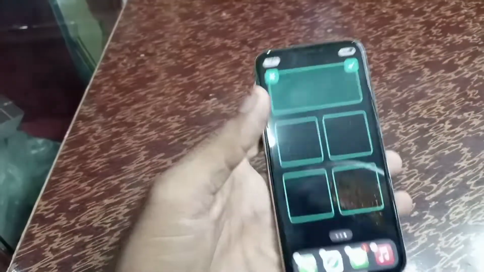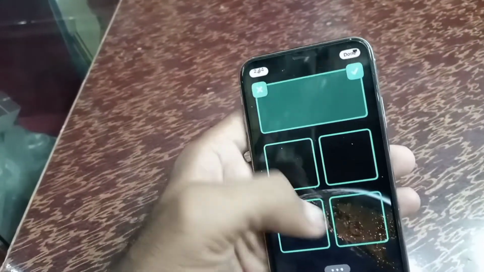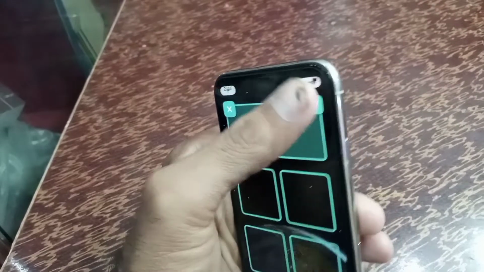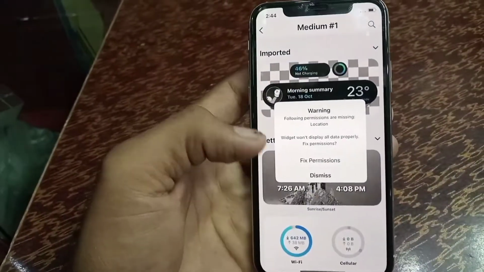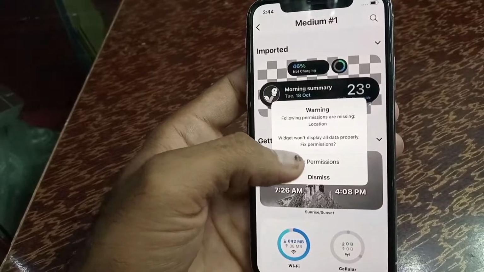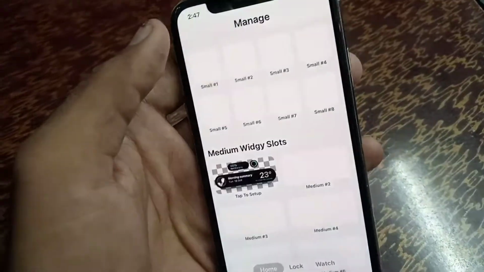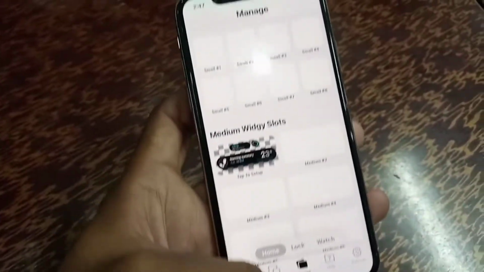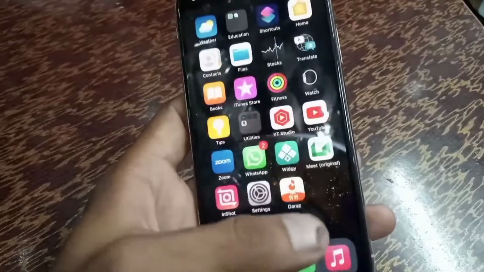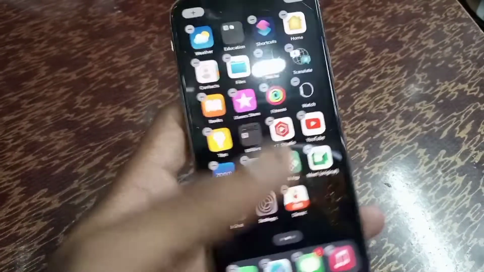Now, you can see every size is available. I am selecting the first one. Now tap on it. Now tap on fix permission. You can see it, and now cross out from here the permissions, and guys, go back and tap on the screen and tap